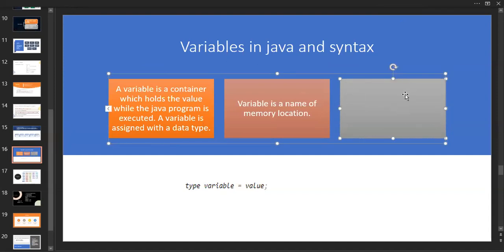The name of this box is A. This is a container whose name is A and whose type is integer, and the value it holds is 1 over here. So this is A.